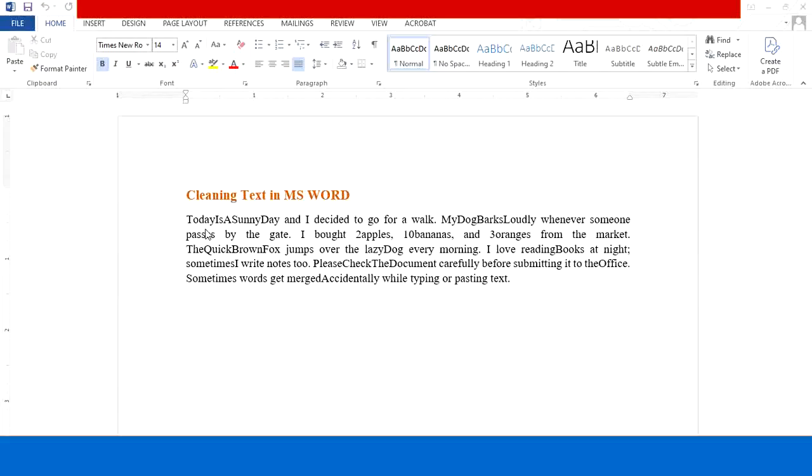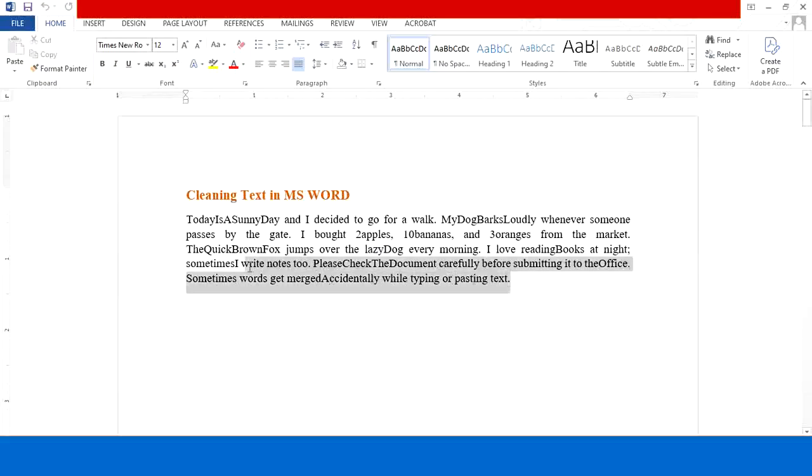In this example, you can see camel case type text where words are merged together. And there are some cases where numbers and alphabets are merged together and we want to convert these into regular font. So let me show you the right way to do this. This problem typically occurs when you copy any information from PDF or websites. So to convert this type of information into regular font, let me show you some ways to do the proper